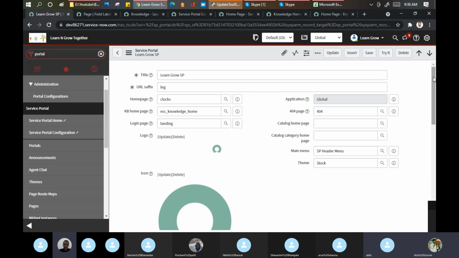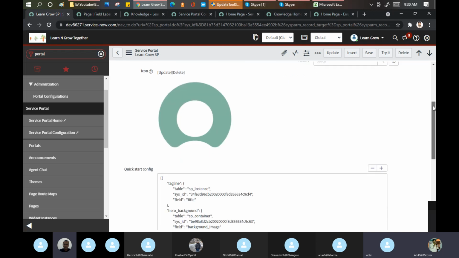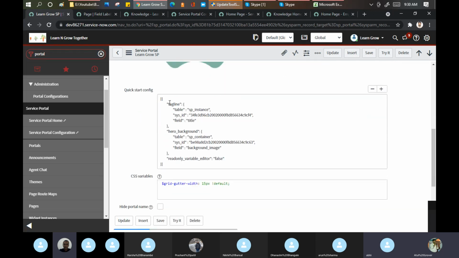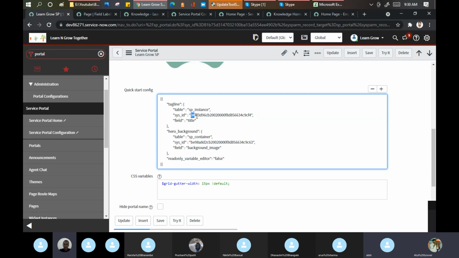So these are the main things from the service portal perspective. Then you can change the logos and icons. Now, if I come a little down here, this is mainly CSS, and don't make any change in this because they are using a sys ID. It means they're calling some pages or something from the sys ID only.